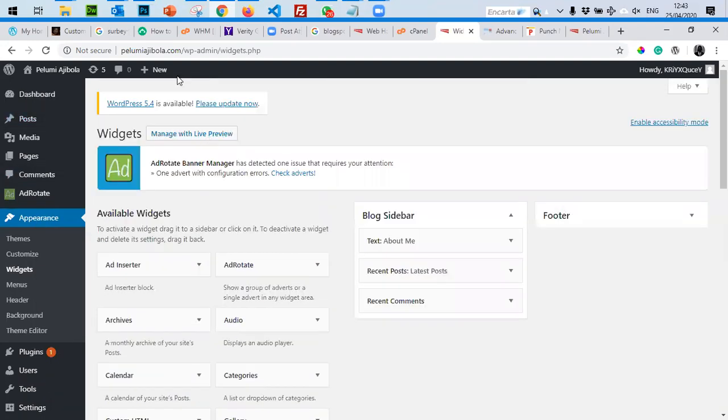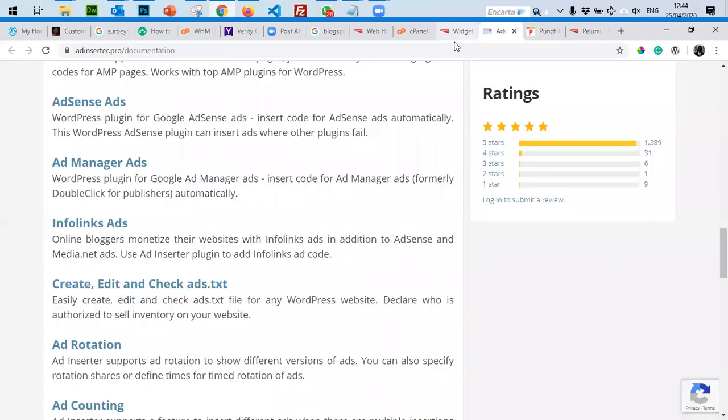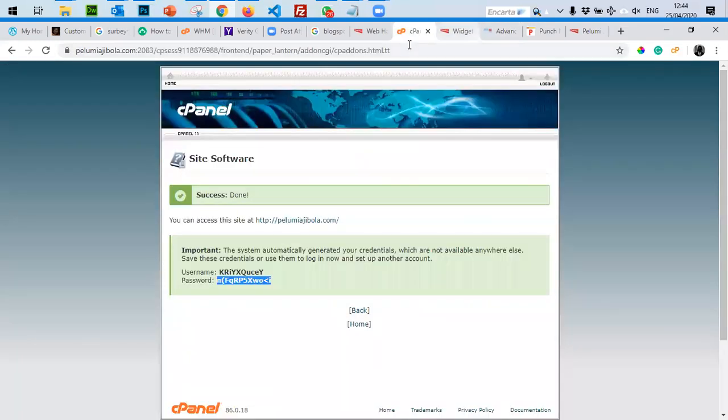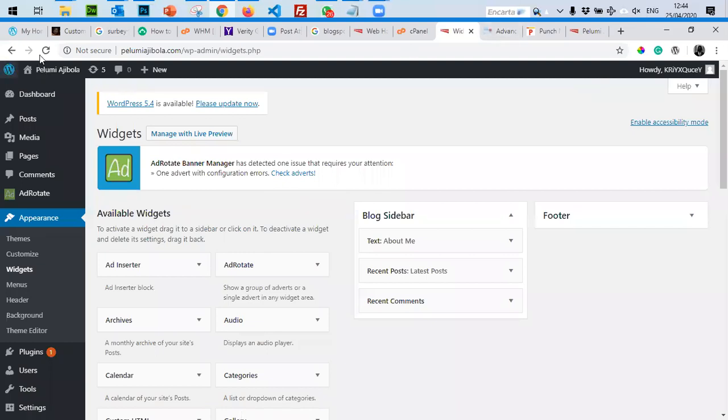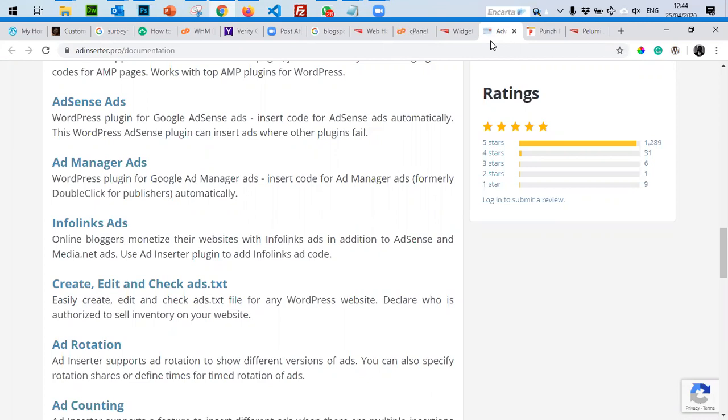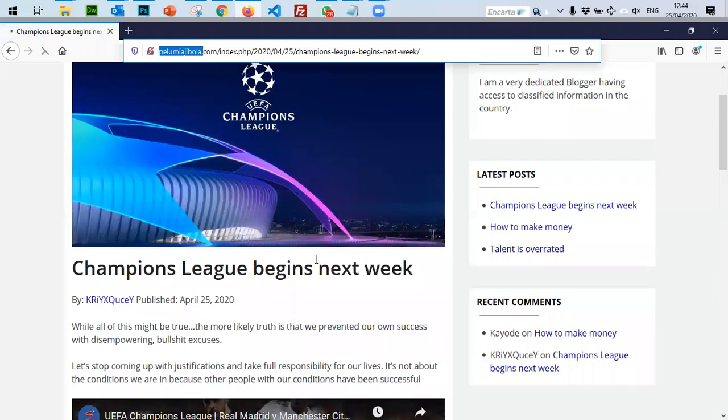Okay, what I'll do is, so that we don't waste too much of our time, I'll sort out this advert thing, then I'll do a separate video and just share so that we don't burn all our time. I'll just read through the documentation, but technically, because it's a plugin, you need to see how whoever developed that plugin expects it to work before we go ahead and use it.